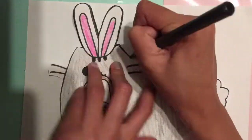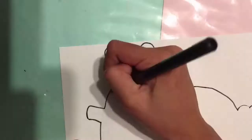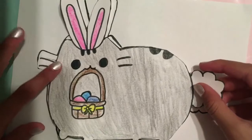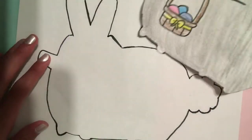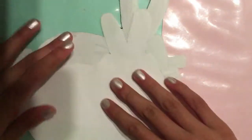of paper and trace it so that we can have 2 of the exact same image to use as a front and back of the paper squishy. Now once you have it like this, you can go ahead and take some scissors again and cut this one out. And I'm also adding some whiskers, and now we can try to attach this, but first we have to